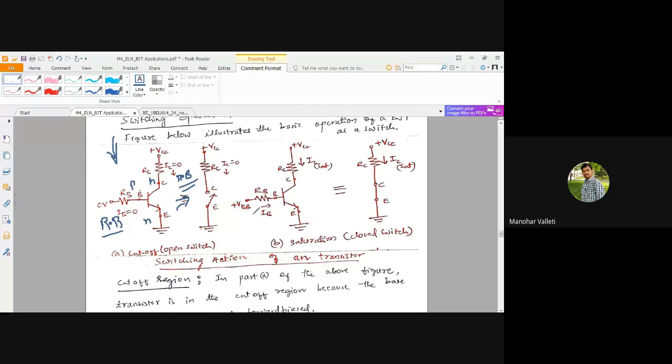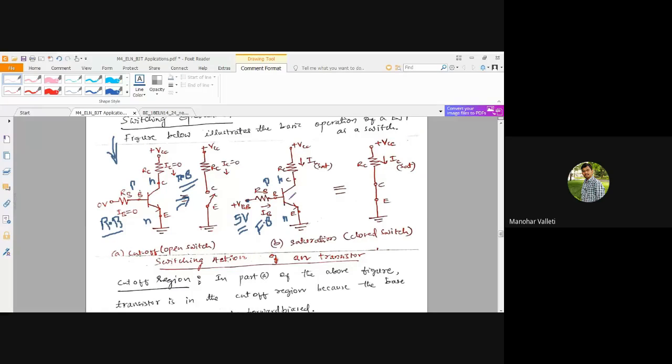Now you see we applied VBB here. VBB means, let us say, some 5 volts. And again this is an NPN, so P is connected to 5 volts. That means the input junction is again forward biased, since P is connected to plus. As the input is connected to 5 volts, some good current will flow, that is, some IB current will flow at the input junction.